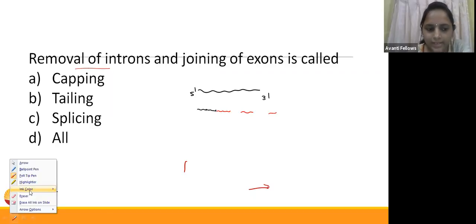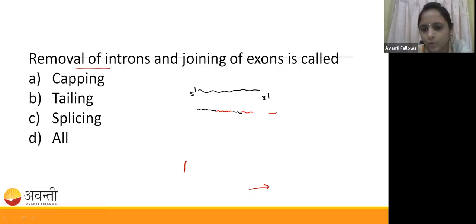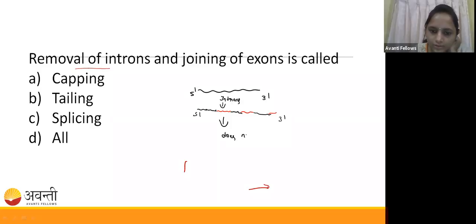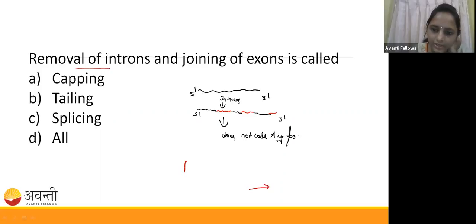So guys, can anyone tell me, is it the introns that code or the exons that code? Right. So these are the red things. Which are the red things you are observing here? These are the introns. These are the introns, which are going to be removed because they do not code for any protein. That's why they were removed during the splicing process.